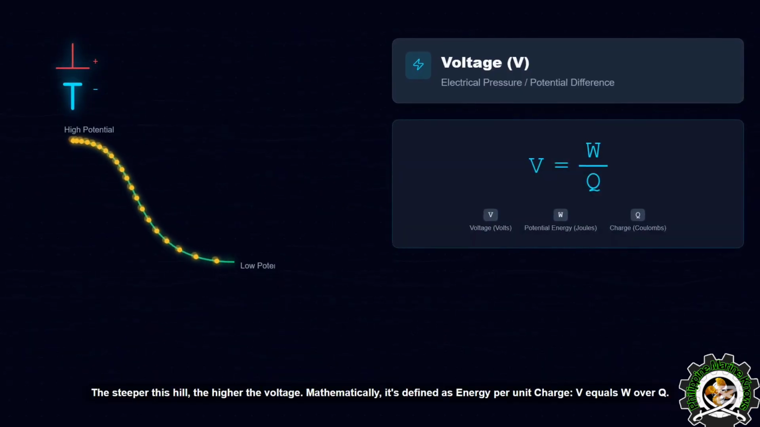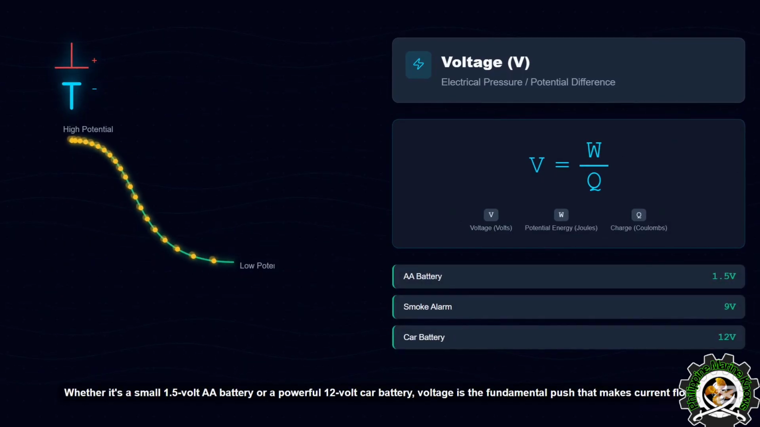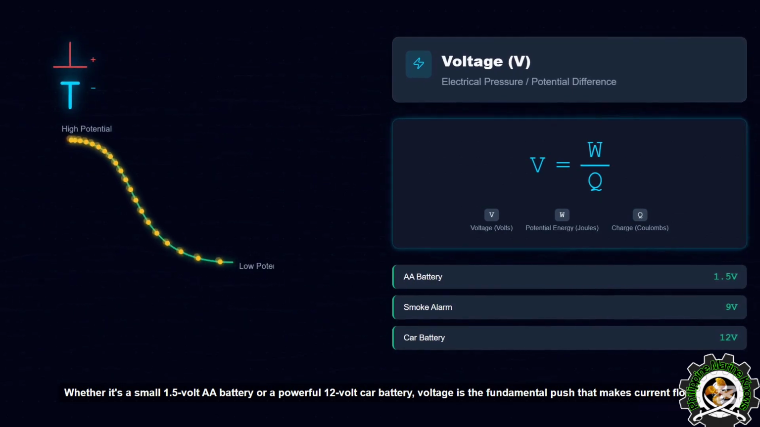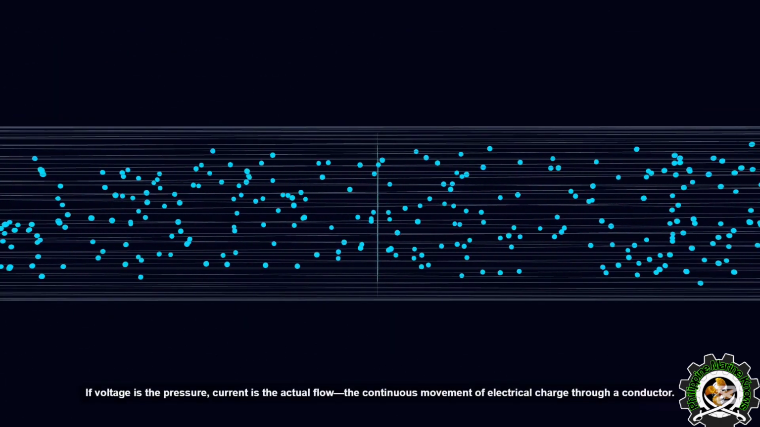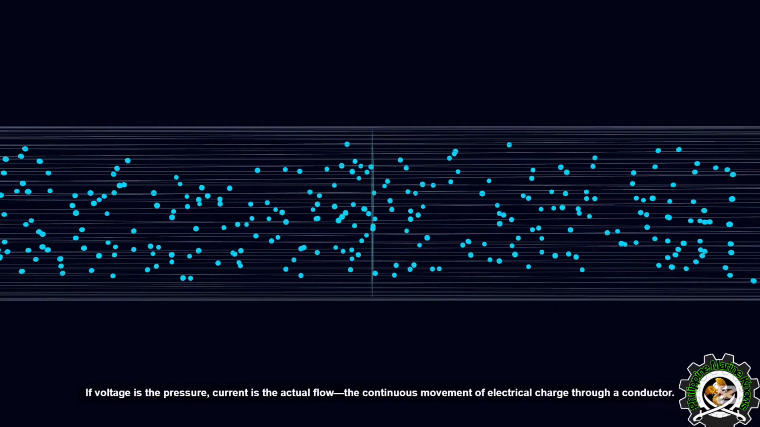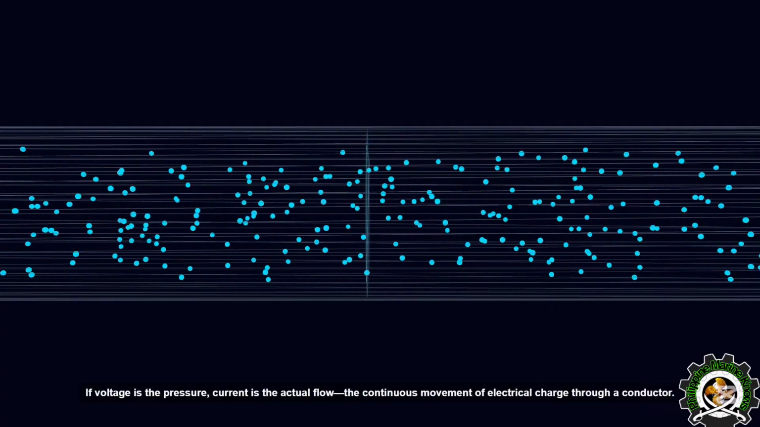Mathematically, it's defined as energy per unit charge, V equals W over Q. Whether it's a small 1.5-volt AA battery or a powerful 12-volt car battery, voltage is the fundamental push that makes current flow. If voltage is the pressure, current is the actual flow, the continuous movement of electrical charge through a